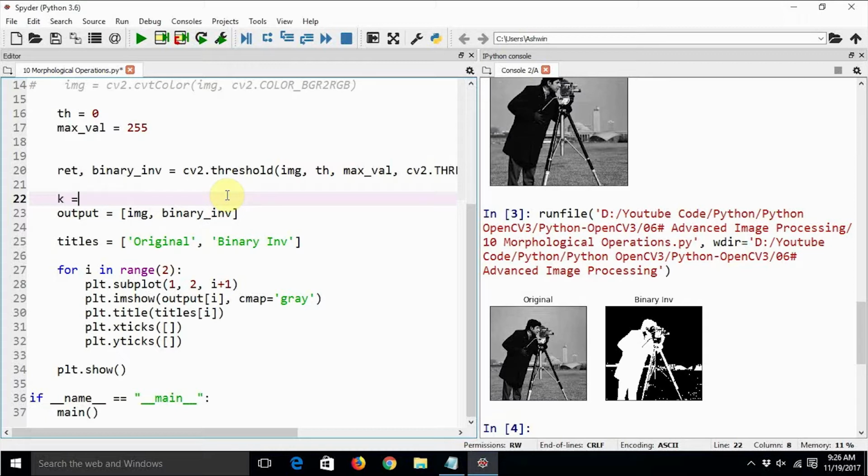Let's say k is the kernel, and we can just have a kernel something like np.ones, and we can just mention the size and the data type.